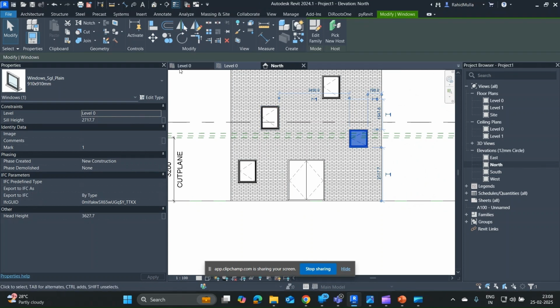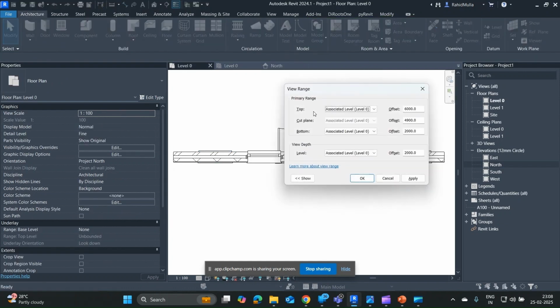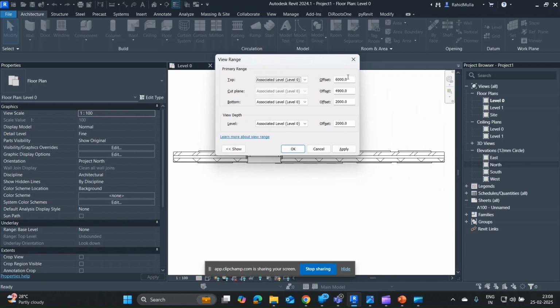Okay. Now let us understand how the viewing setting works for floor plan. For floor plan, you have to go clockwise direction. When I say clockwise direction, it means that the top clip plane has to be greater or equal to the cut plane, and your bottom value has to be lesser than the top view, and your view depth also has to be lesser than your top view. Okay. For example,